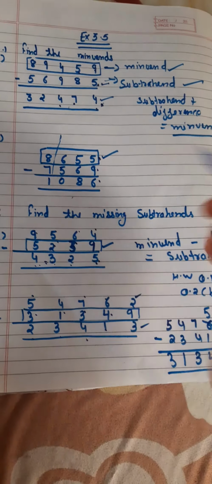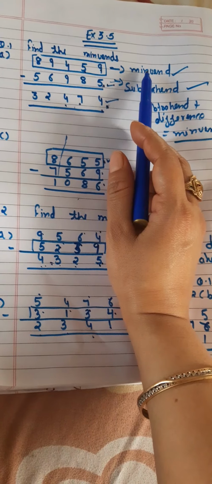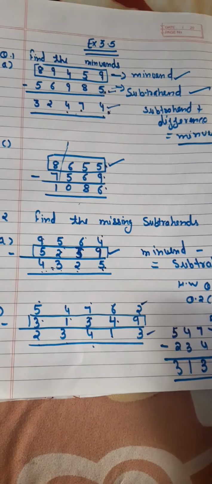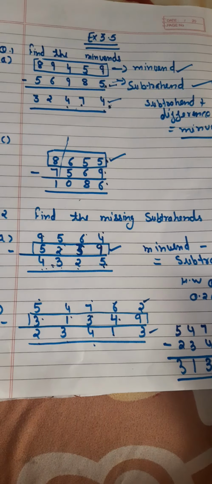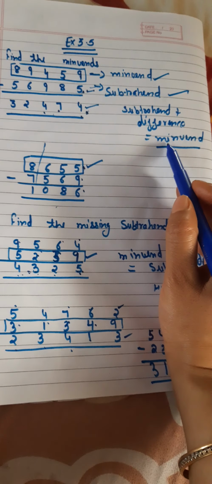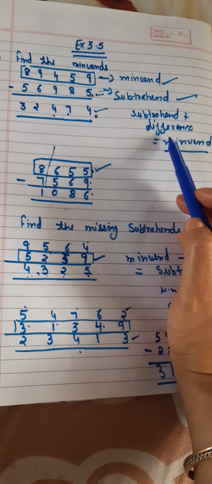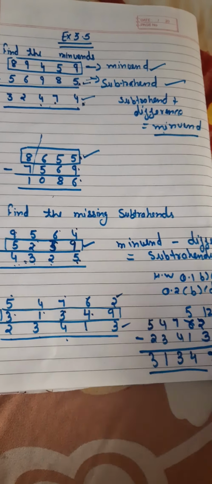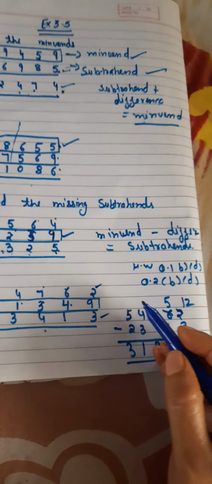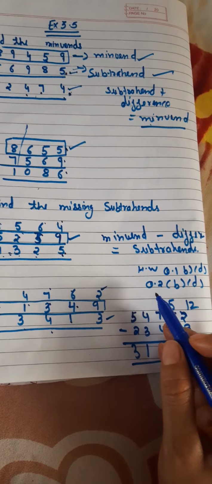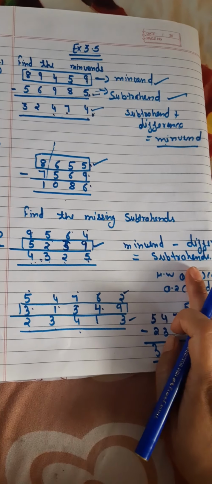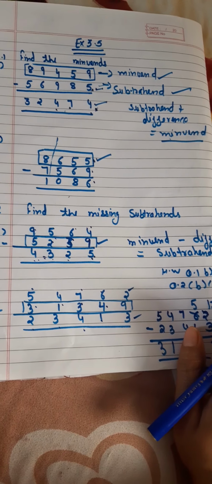Okay, same way in the case of calculating the minuend also, you can check your answer by subtracting these two. If you are getting the same difference, it means your answer is correct, otherwise your answer is wrong. Clear? So again I am repeating, for calculating the minuend, just add your subtrahend and the difference, and for calculating the subtrahend, just subtract difference from the minuend. Homework is to do the question number 1, B and the D part, and the question number 2 again B and the D part. Just take care about the things that are given here for calculating the minuend and the subtrahend, and you will be able to easily solve these two questions.